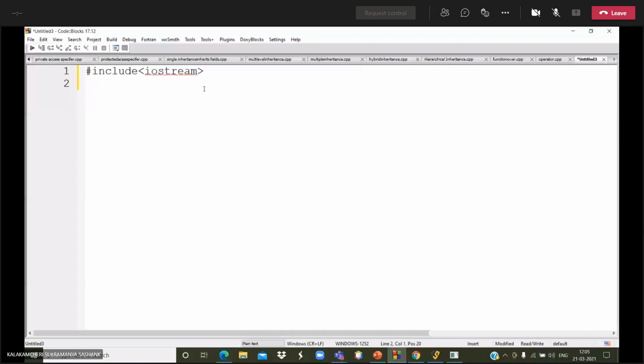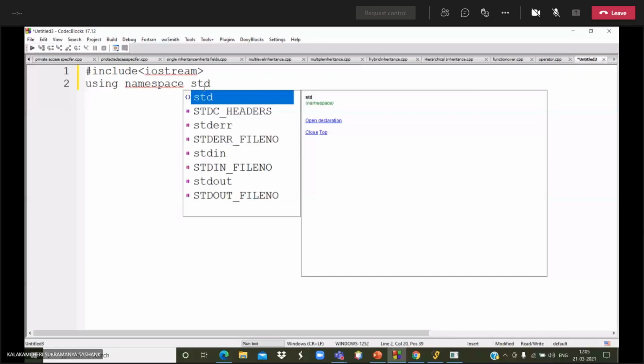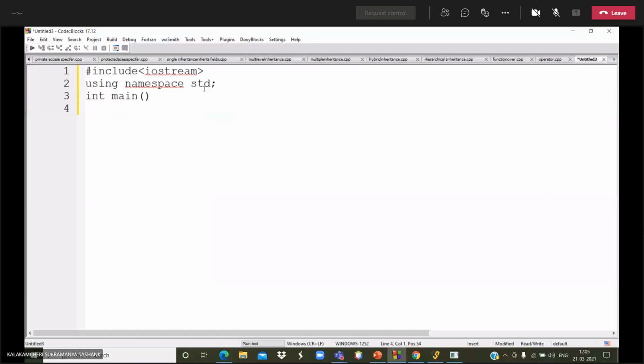As I did before, I am writing using namespace std. Then I am going to the int main method. I am declaring the value. I am assigning the value for n. Power equals to which power? How much power do we want to get?